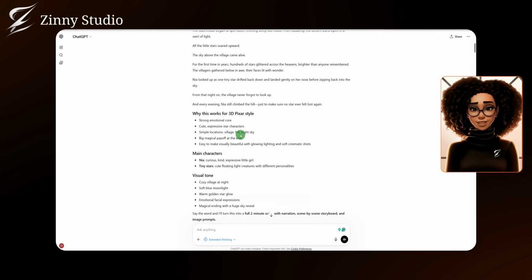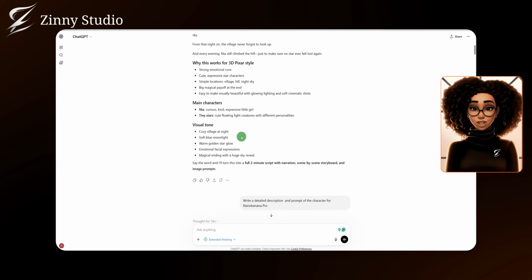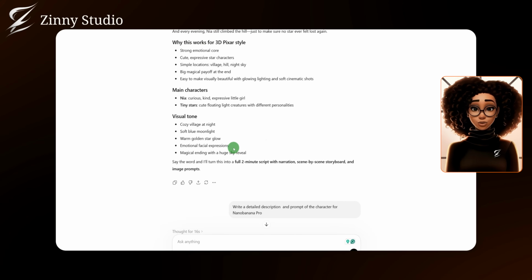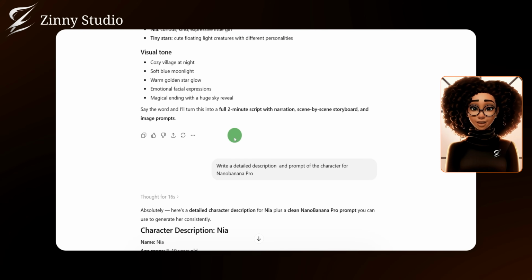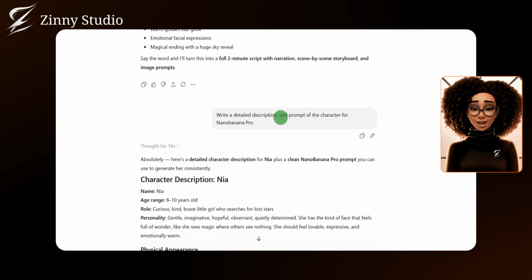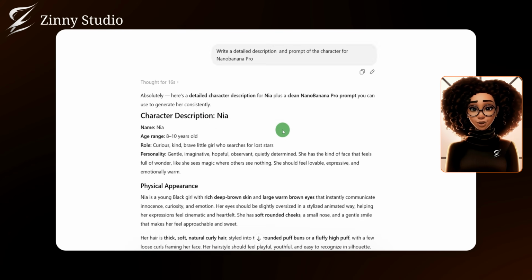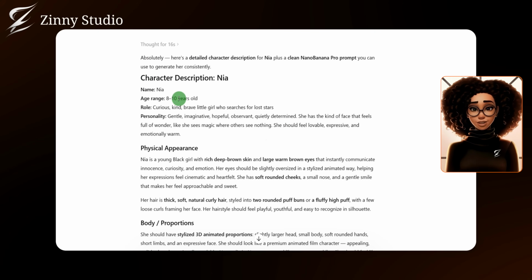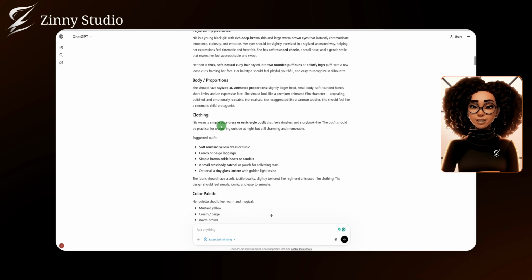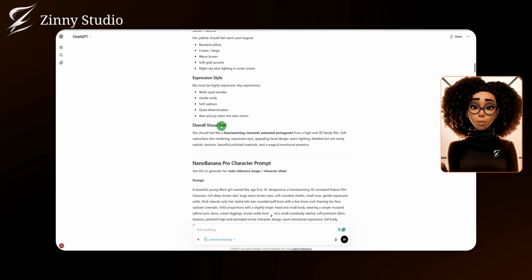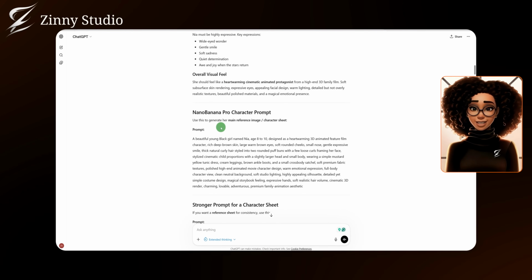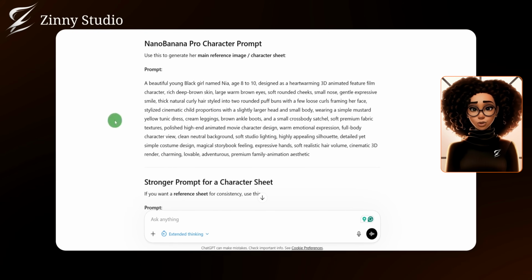With your script in hand, the next step involves asking ChatGPT to generate the main character or characters for your story. You can request an image prompt based on a specific model. In this case, I'll be using Nano Banana Pro. I asked for a detailed description and prompt for the character using Nano Banana Pro, and it provided a thorough outline. This included the character's physical appearance, body proportions, color palette, and a character sheet prompt, which we'll use shortly